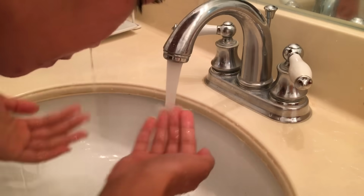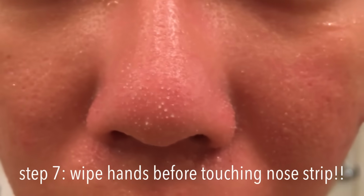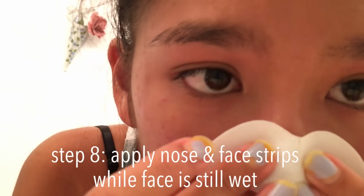Then once you rinse off the baking soda, your nose should look like this. Little whiteheads and blackheads should be very pronounced. Next, you're going to wipe your hands. Make sure that your hands are not wet when you touch the nose strip, or else the nose strip will stick to it. Next, you're going to place the nose strip on your nose and make sure to pat it